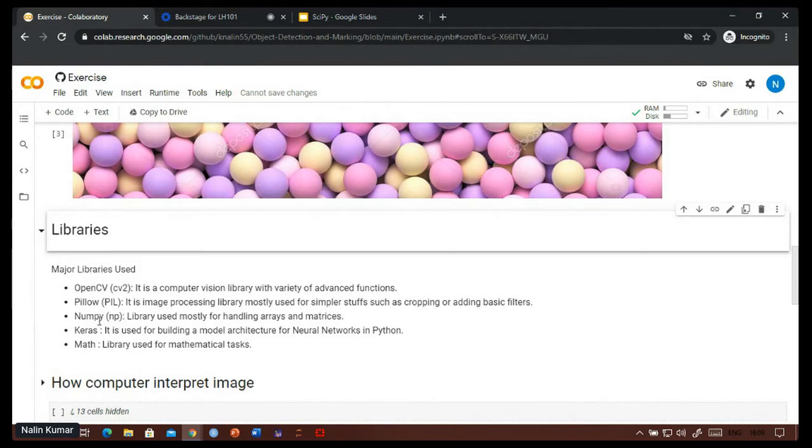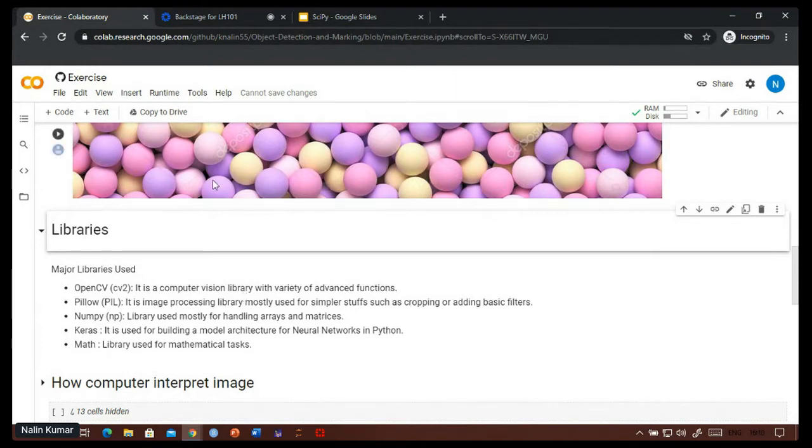For making neural network models, we will be using Keras. Pillow and OpenCV are both for handling images, but OpenCV has some really advanced functions, while Pillow is just for simpler tasks like cropping and adding filters.